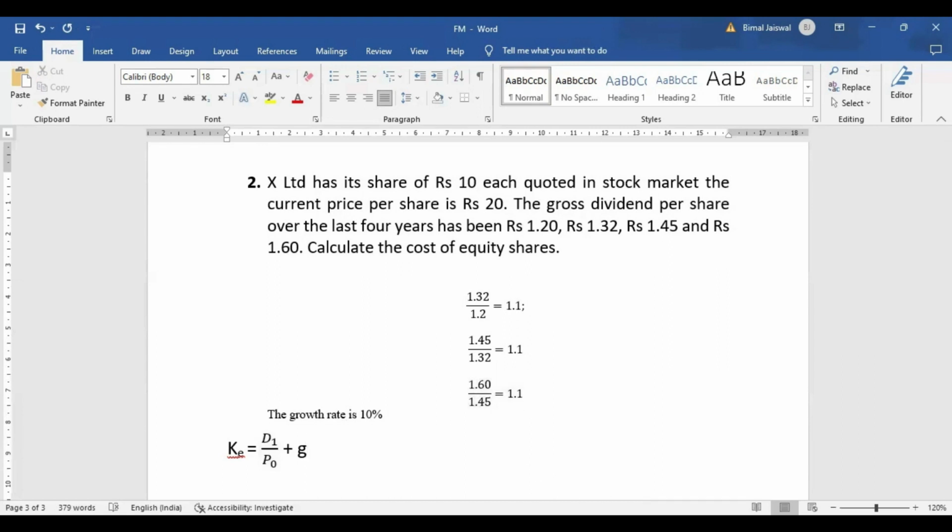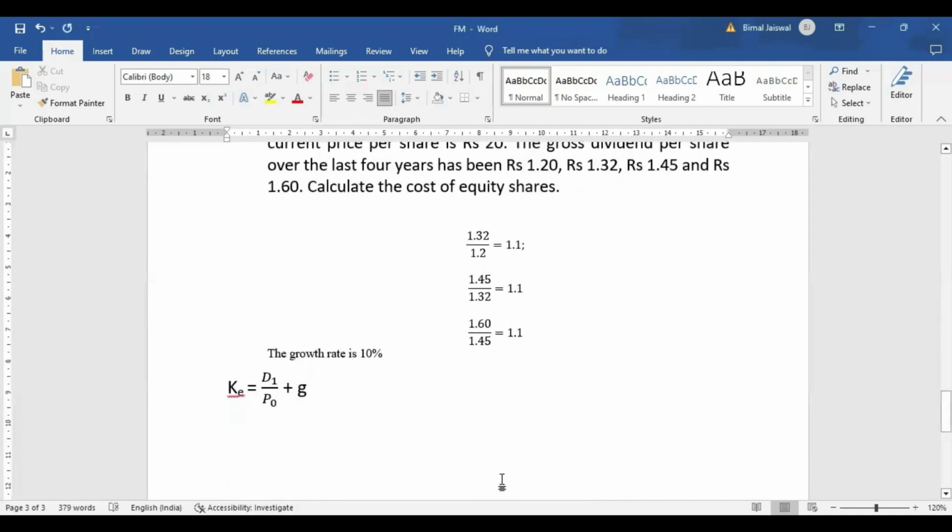That means in the 4th year, the amount of dividend was 1.6, which has increased by 10%. That means we can say 1.76 is the expected dividend